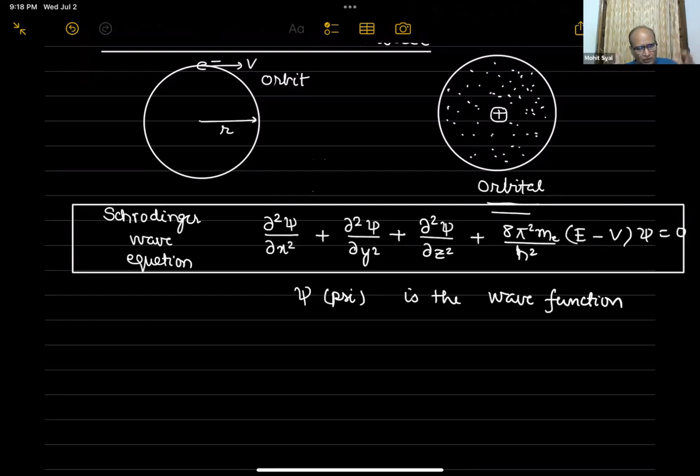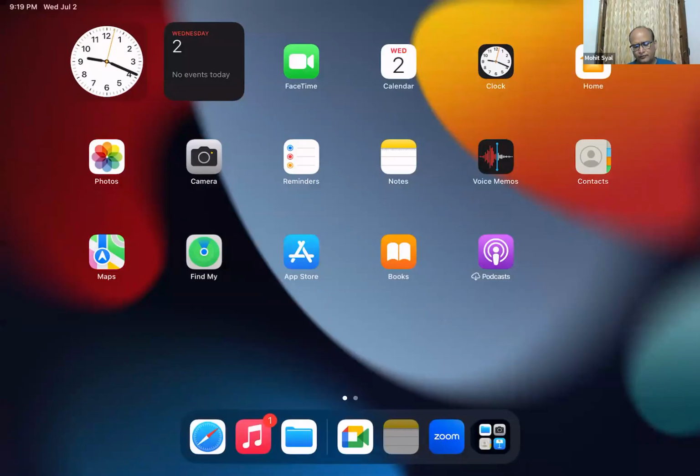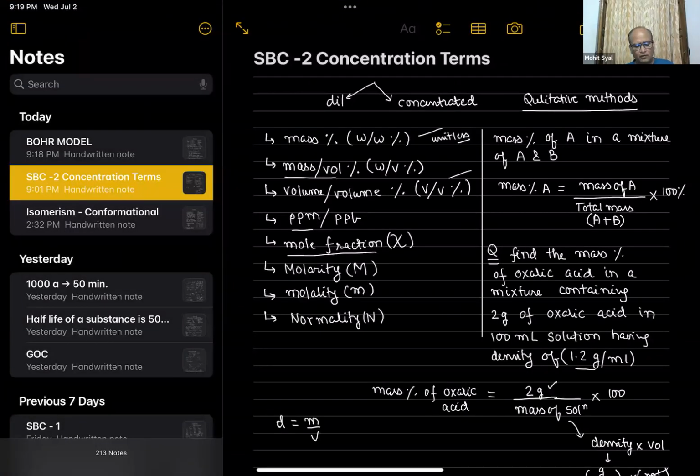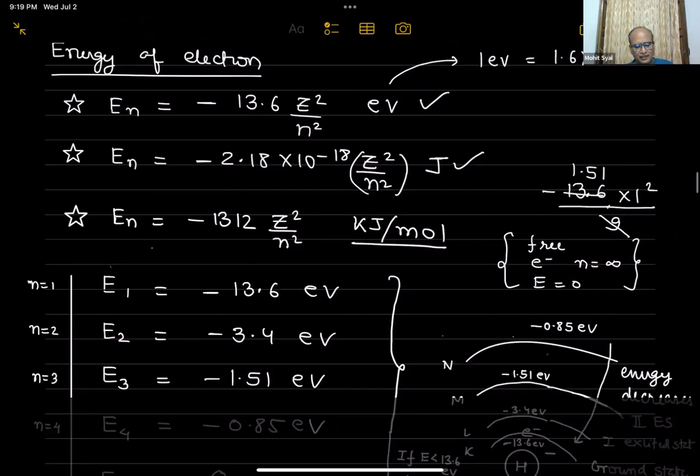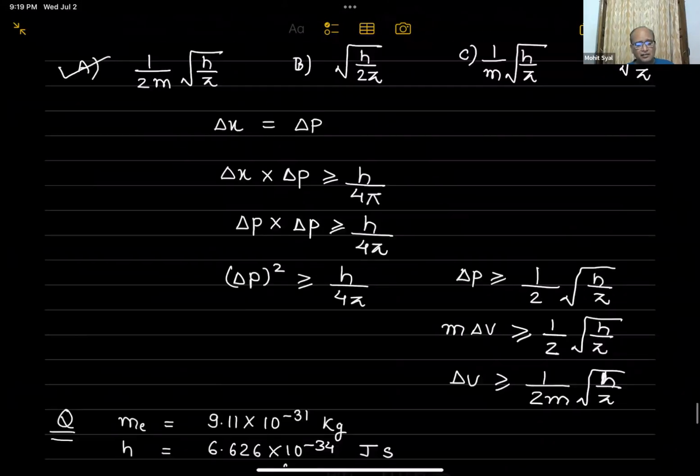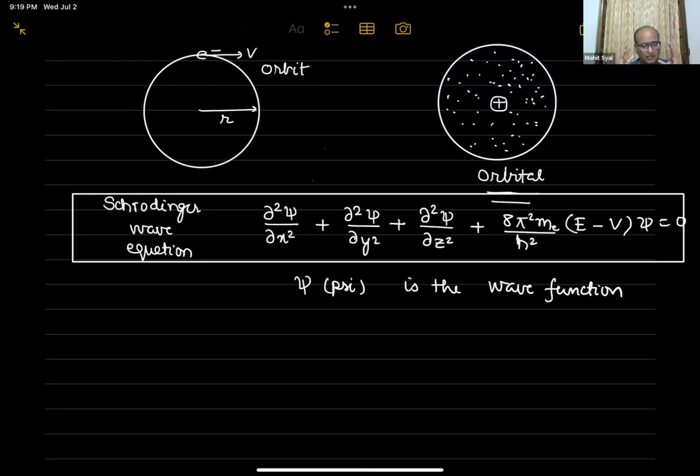So this is the equation which actually includes the wave nature and the Heisenberg uncertainty principle, and the overall equation of the wave is represented in terms of x, y, and z. Because the atom is considered three-dimensional, just like a ball, it has an x-axis, y-axis, and z-axis. So how that wave function is changing along the x, y, and z axes is how it is represented. But no need to worry about this equation. This is known as the Schrodinger wave equation.